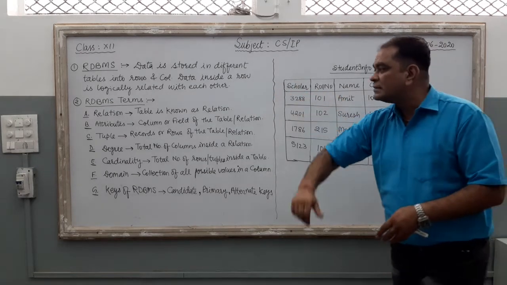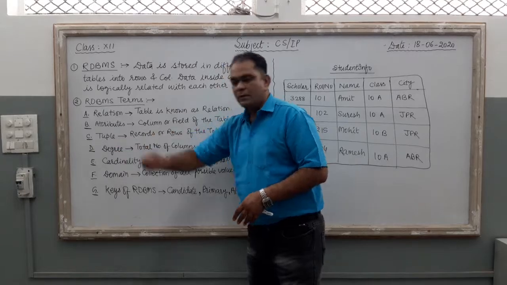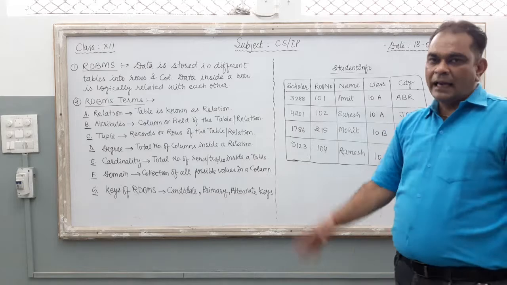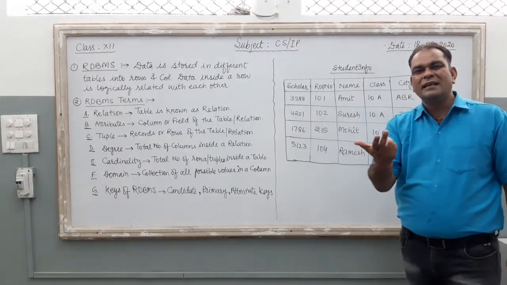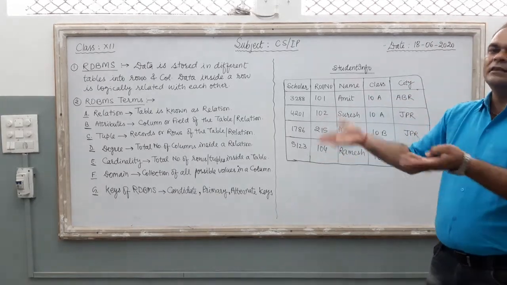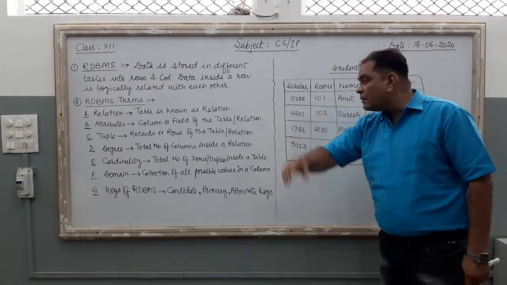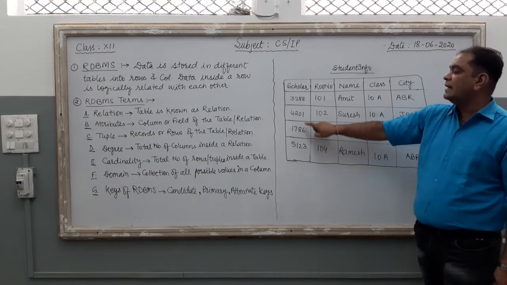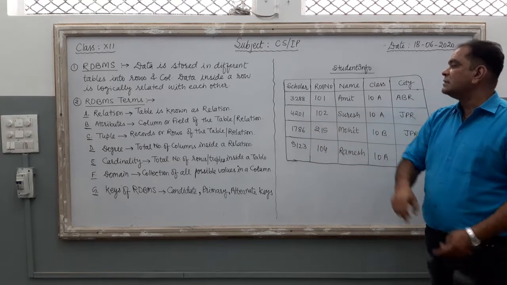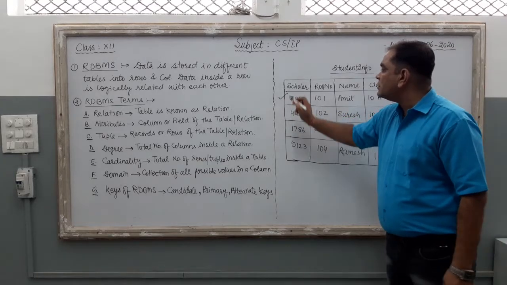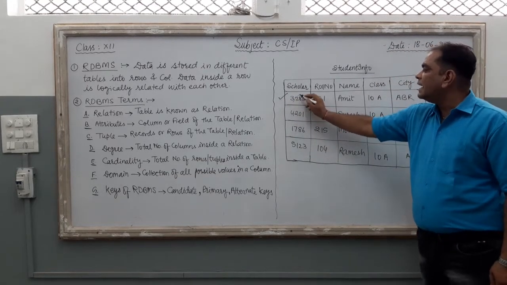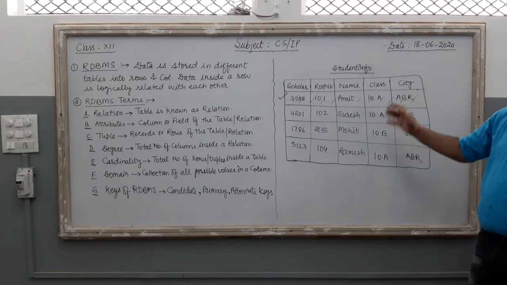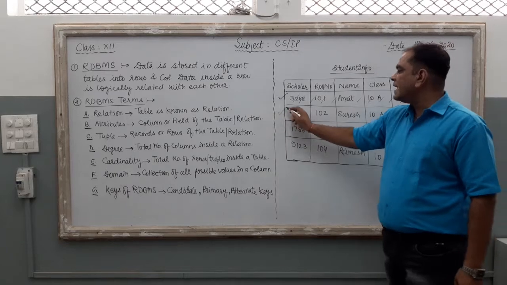Now the next term is tuple. T-U-P-L-E. Tuple. Clear? What is a tuple? Just read out. In a table, 2 different things are there. The first one is records, or rows, and the second one is columns. So here, tuple means the records or rows that are inside the table. It is the very first tuple of the table. This tuple, here it is the row. The first record, or we can say tuple, record or tuple, both are the same, right? It is the second tuple of the table.